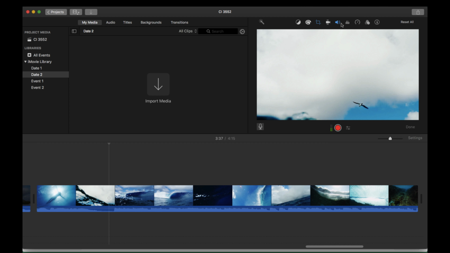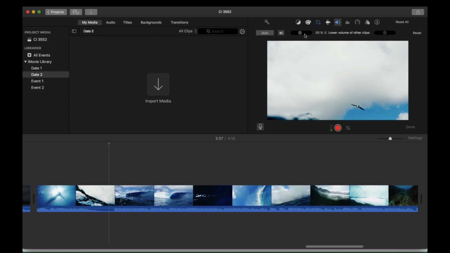Click the speaker and you see a few additional options. This percentage slider does the same thing as moving the audio line up and down in the timeline. You will also notice an auto button here. If you click this, iMovie will automatically analyze and adjust the audio to an optimum level, effectively normalizing the audio